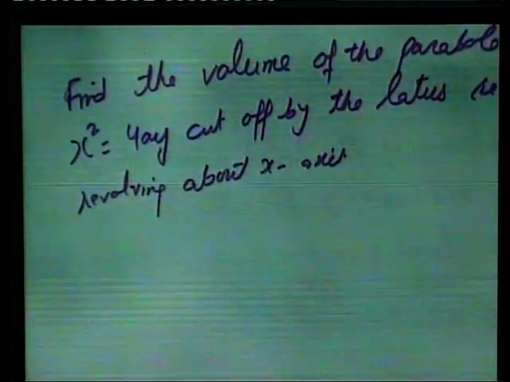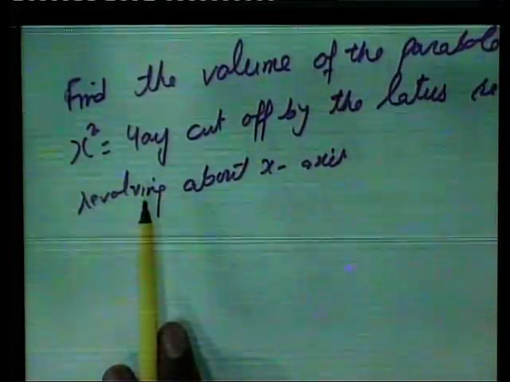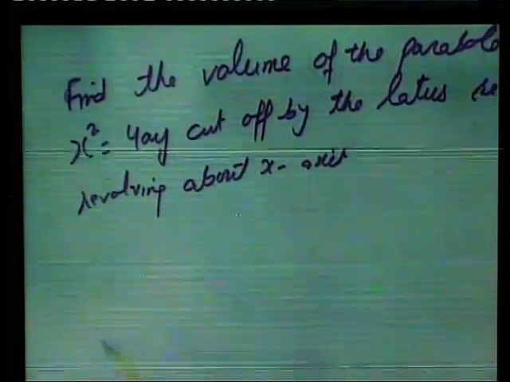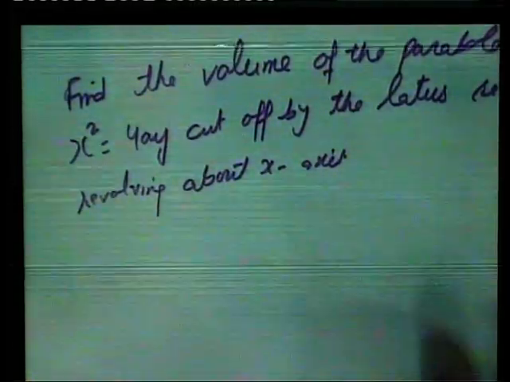We have to find the volume of the parabola x square is equal to 4ay cut off by the latus rectum revolving about x-axis. The given parabola is